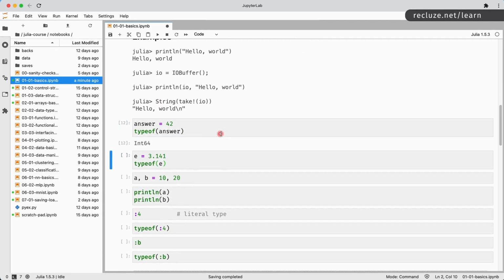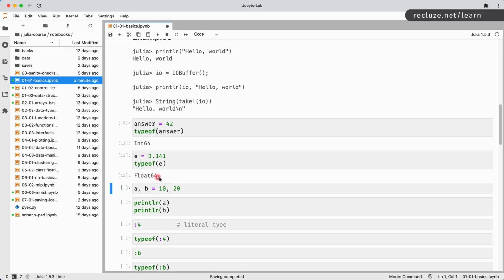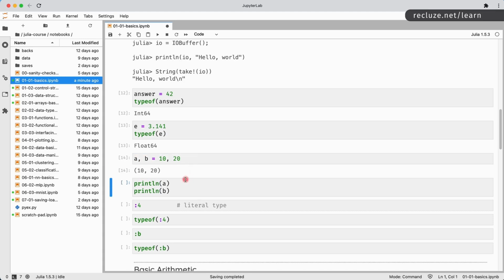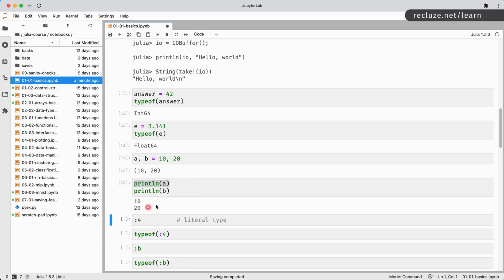We also have integers. So an integer by default is Int64. We also have 32-bit integers. We'll come to that when we do type conversions. We also have real numbers. So those go into Float64 or Float32 depending on the system configuration. You can do multiple assignments. So I understand that I'm going a little quickly, but hopefully this will be very clear for you, because this is really basic stuff. If you have any questions, please do feel free to ask questions. So we can have a comma b is equal to 10 comma 20. 10 goes into a and 20 goes into b.